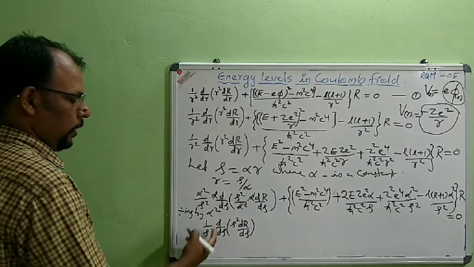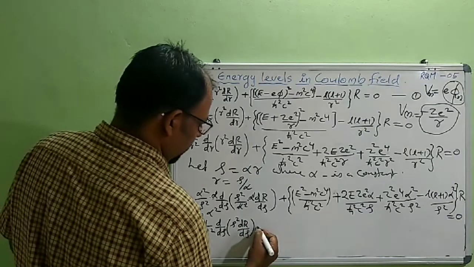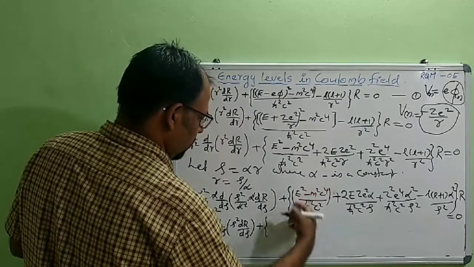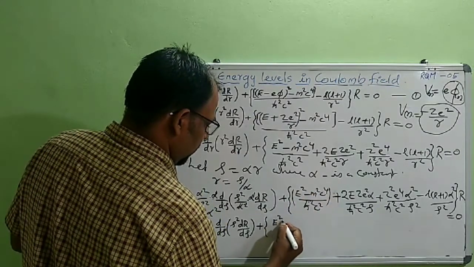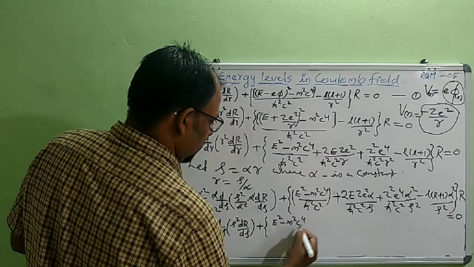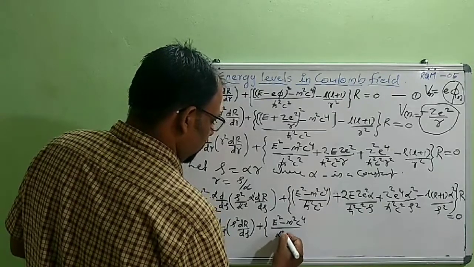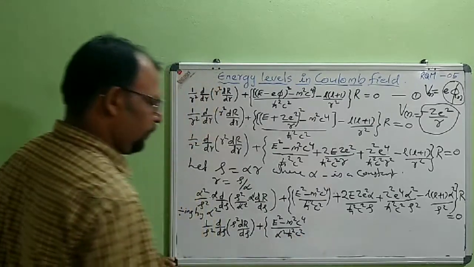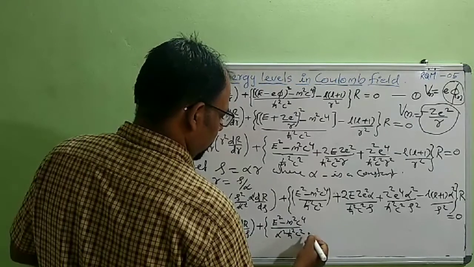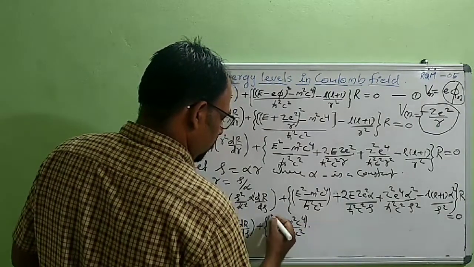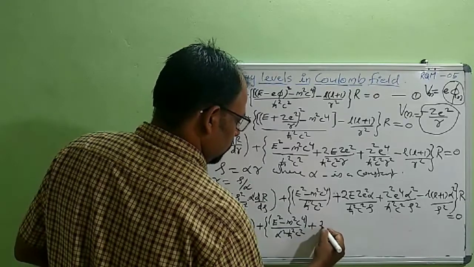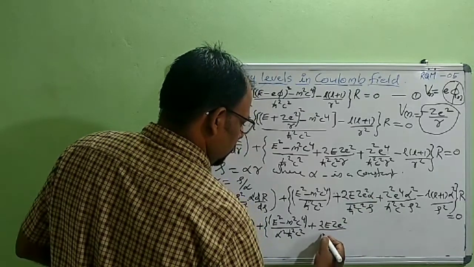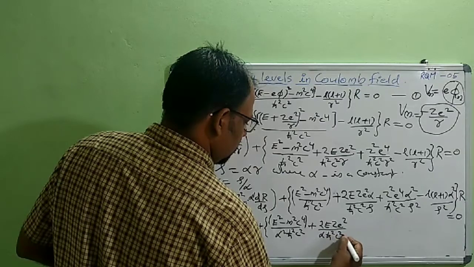First term is 1 by rho square d by d rho of rho square dr by d rho plus, here the first term will be, I am dividing by alpha square, so this term will be e square minus m square c raised to 4 by alpha square h bar square c square, then plus 2e z square, here one alpha is there, so it will be alpha h bar square c square rho,